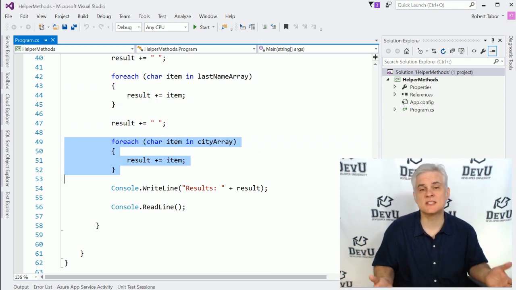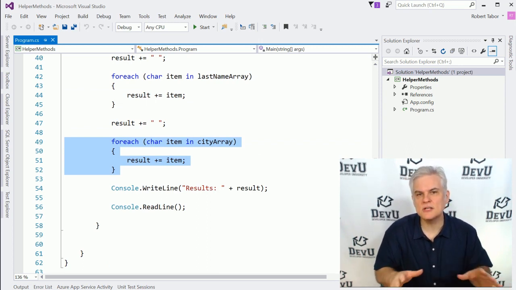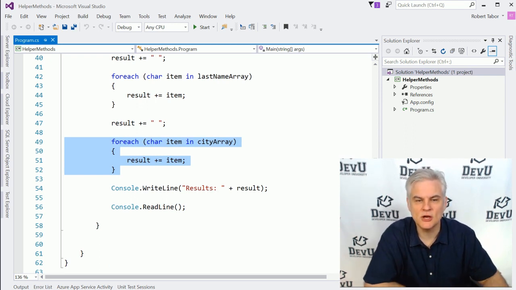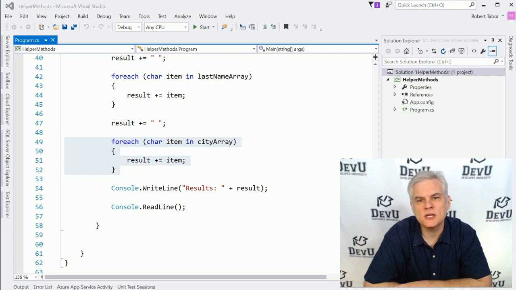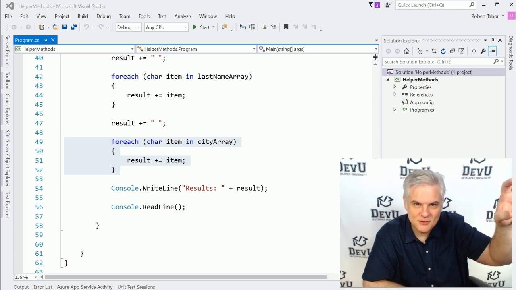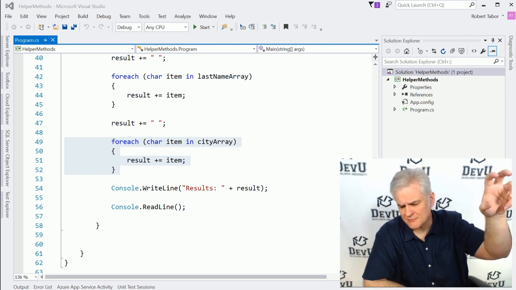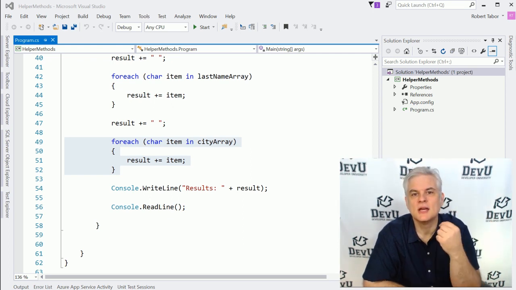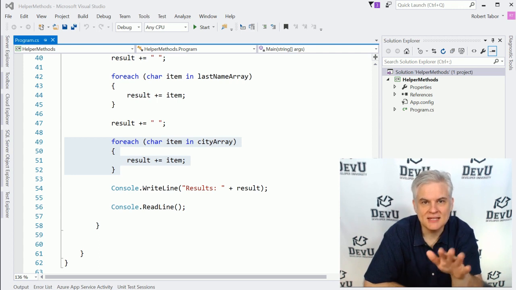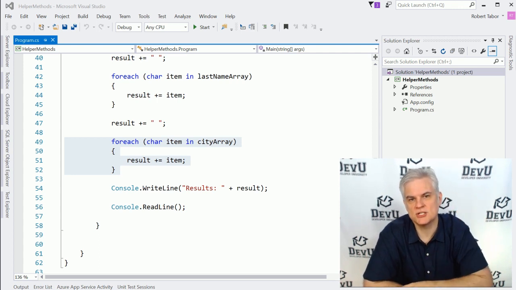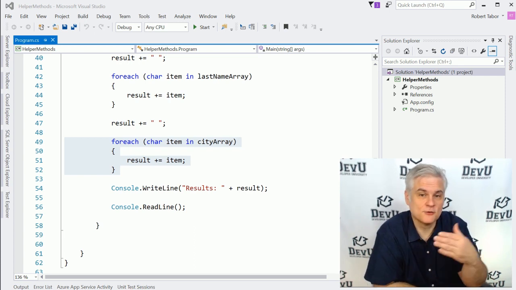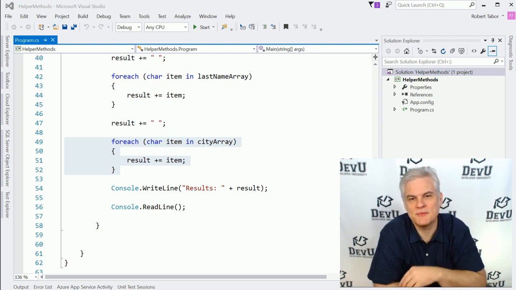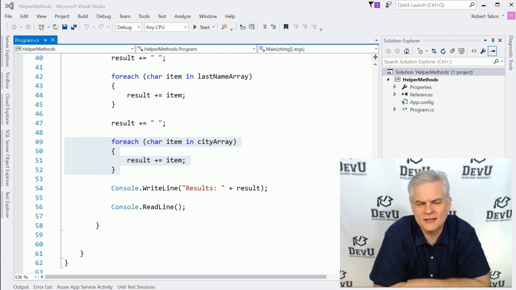Now, duplicate code in and of itself is not a huge problem. I mean, there's really no way you can completely eliminate duplicate code in your application. But duplicate code is usually the result of copying and pasting code. So you've invented the wheel earlier in your code base, and your first thought is, well, I'll just copy and paste it because I need it here and here and here in my code. Invariably, what happens is your intent is to copy it, but to make a few subtle changes to it. And in your haste, frequently, at least if you're like me, you will forget and you'll make a mistake and forget to change something, and you've introduced a bug,